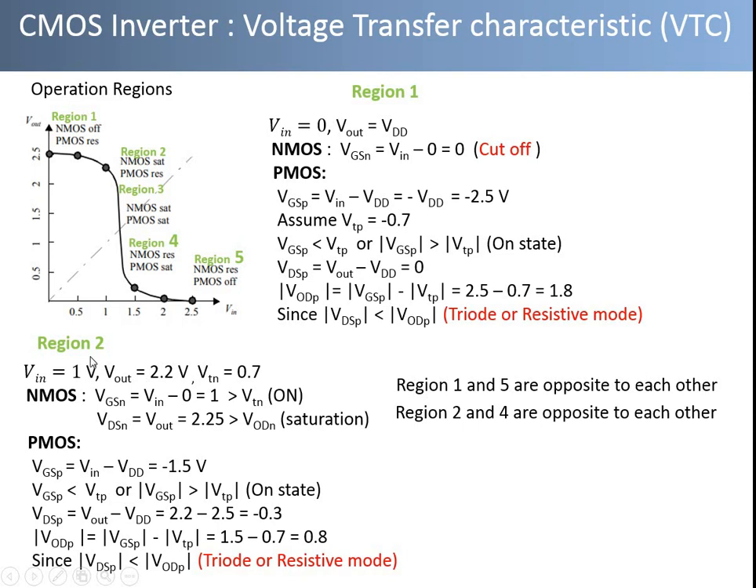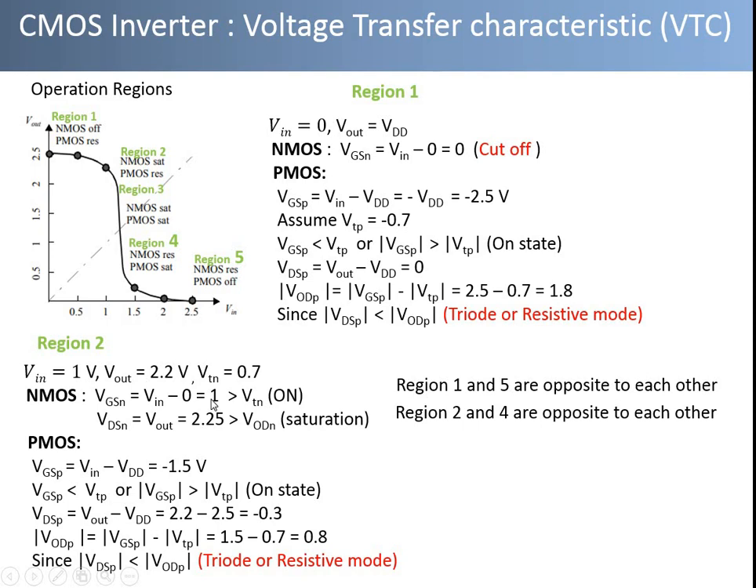So in region 2, we can also identify the states of both transistors. Let us take a value of Vin slightly higher than the threshold value of NMOS. For example, we take Vin 1 volt and Vout 2.2 volt, and the threshold value of NMOS is 0.7 volt. For NMOS, the VGSN is equal to Vin minus 0, because the source is connected to ground,